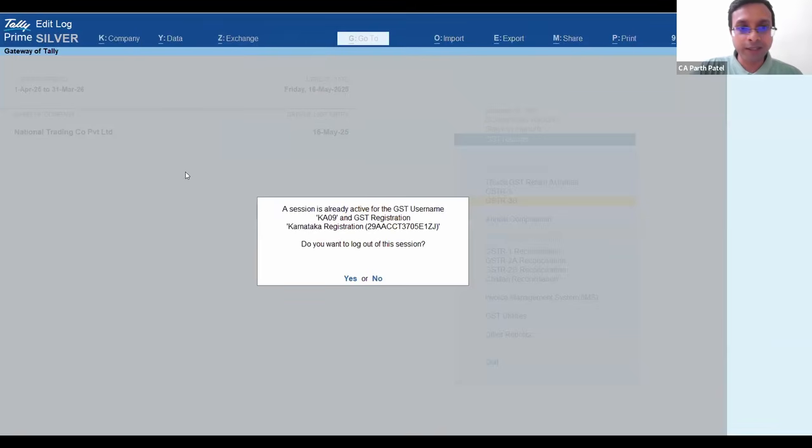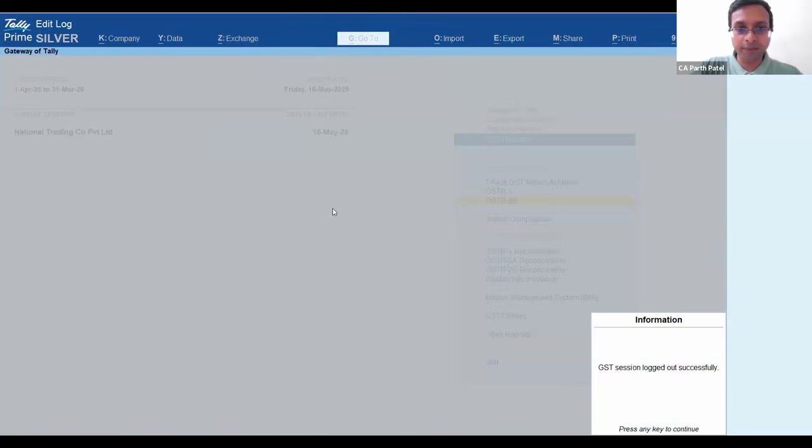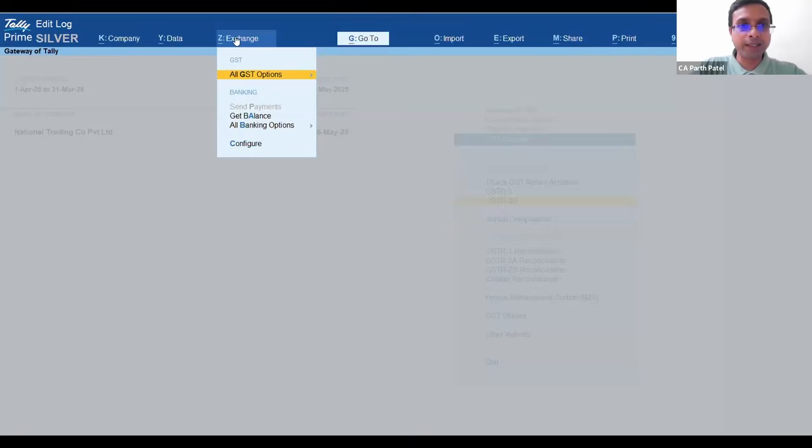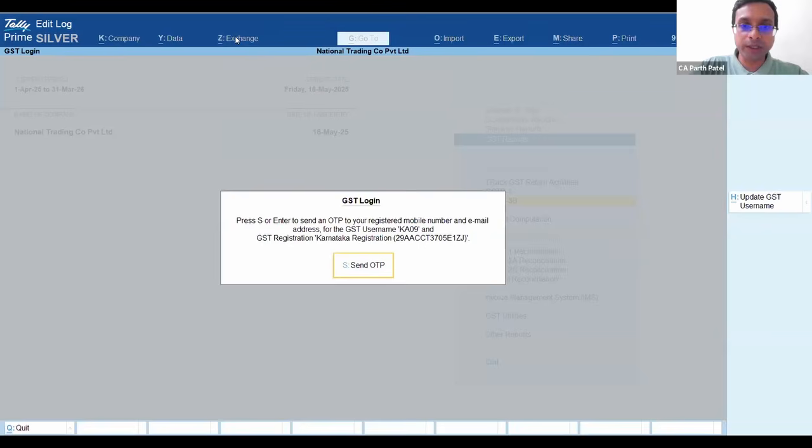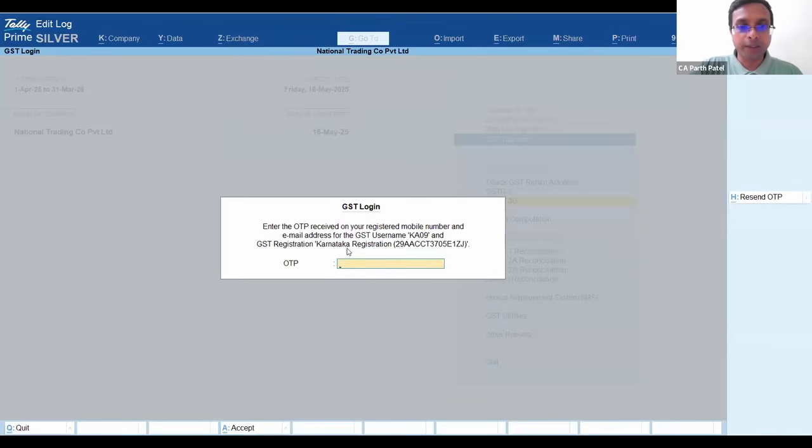Since we are already logged in, it is asking us to log out. So if you are not, let's say we log out of this. So currently we are logged out. Now again, let's go to All GST options, GST Login. Here you can update your GST username. If you haven't entered your GST username, click here on Update GST Username. Once you update the GST username, then click on Send OTP. The moment you enter that particular OTP